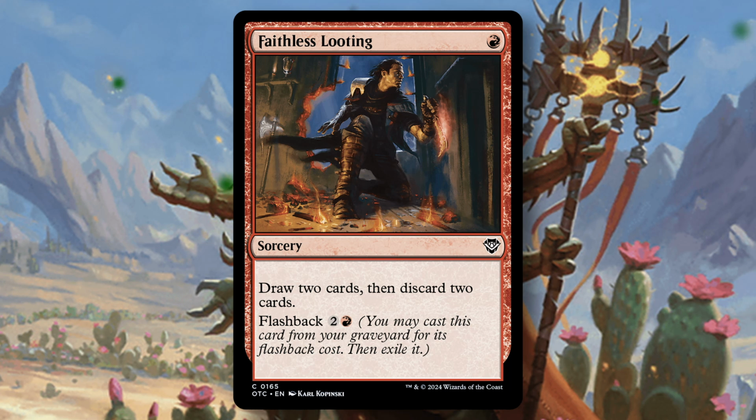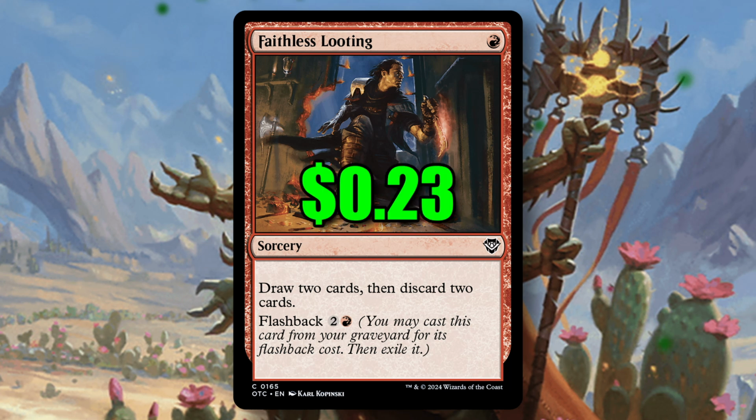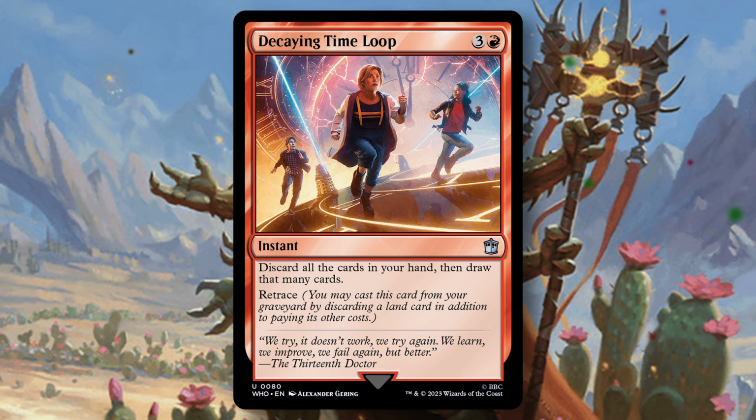It's a solid add, and is only 23 cents. Decaying Time Loop discards your hand and draws you that many cards. If it stopped there, it isn't worth considering, but the retrace ability, letting you cast it from your graveyard when you pay the additional cost of discarding a land, makes this